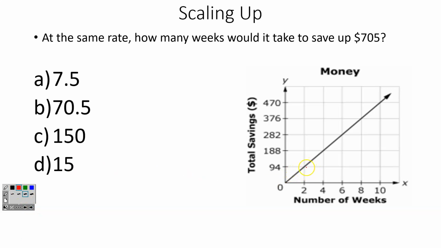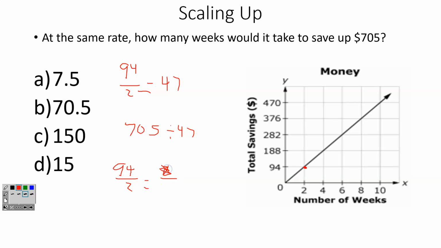Well, I'm going to use this point right here, this address, 94 over 2. And that's going to give me an answer of 47. So I could save up $47 in 1 week. So this is per week. So how many weeks would it take now to save up for that? There's a couple of different ways I could do that now. I could do 705 divided by 47. I could set it up as a proportion, 94 over 2. So $94 in 2 weeks. How many weeks would it take for,